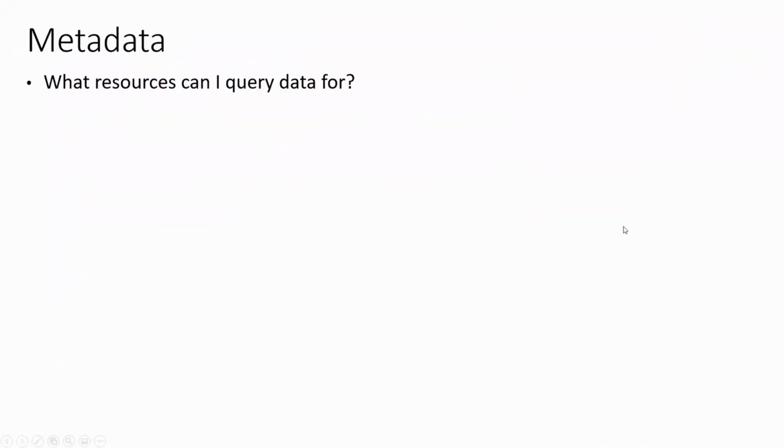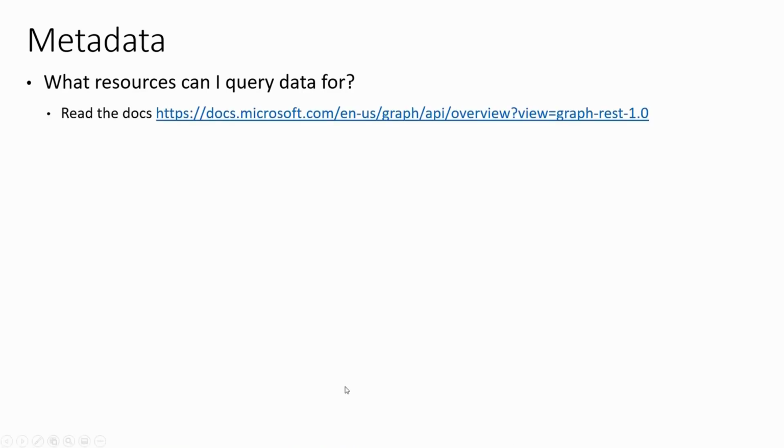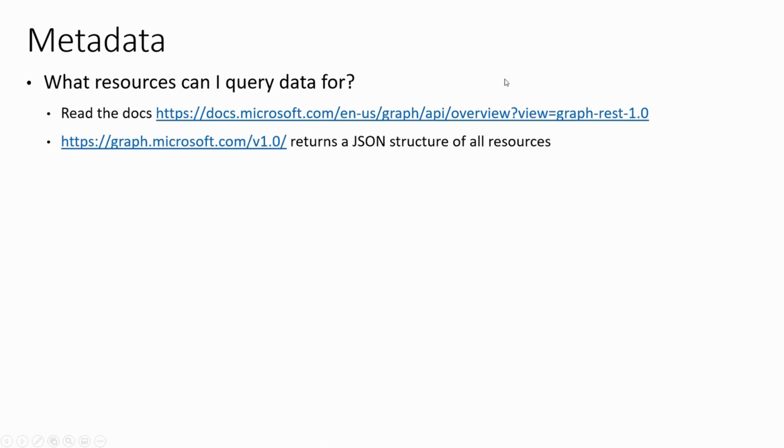Now, metadata, and that is the question, what resources can I query and what's in the graph really? First of all, if you're looking for the answer to this, you can always go to the documentation. It will tell you what's there, what you can do, how it looks, etc. But you don't need to go there. You can actually ask Graph itself